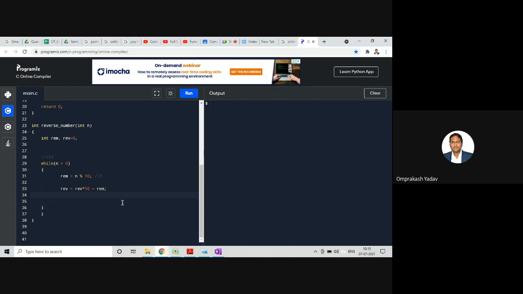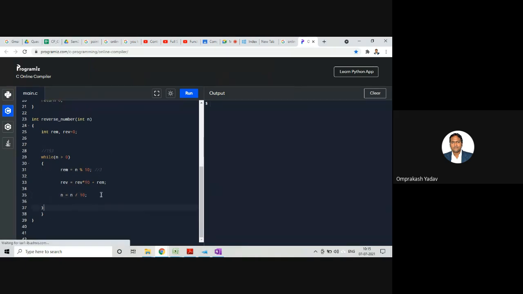Now we will reduce that number, so n is equal to n by 10, and this will continue till n is greater than 0, right?